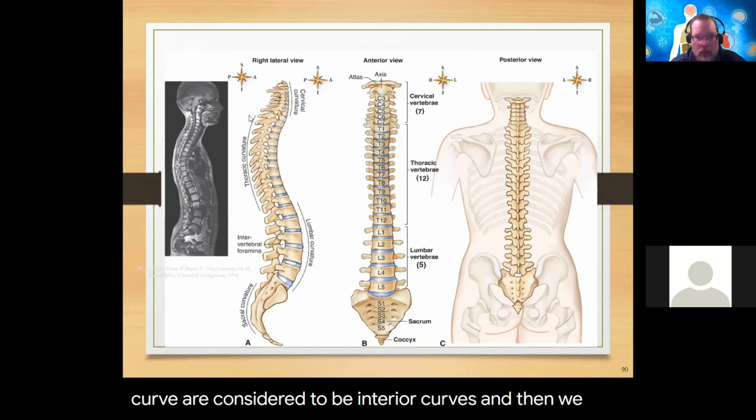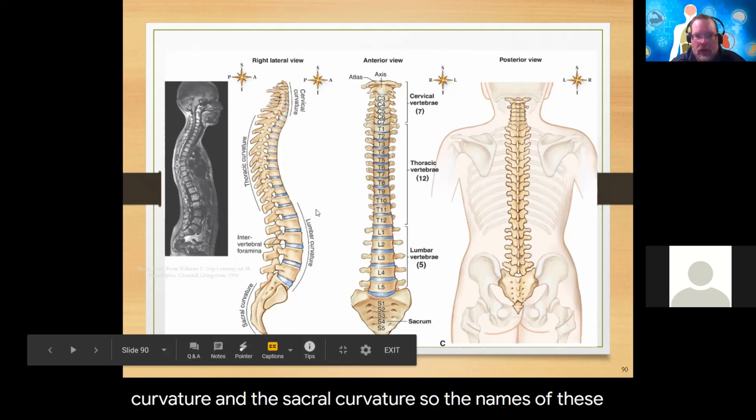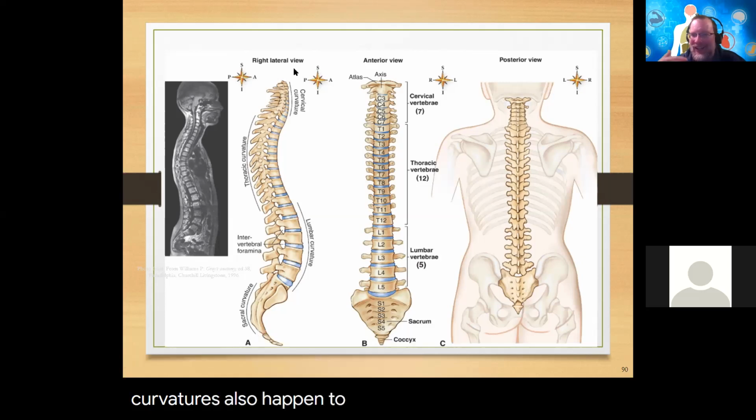And then we have a normal posterior curvature called the thoracic curvature and the sacral curvature. So the names of these curvatures also happen to tell us the names of the vertebrae involved. So as we move from that anterior cervical curvature, we now get a look at more or less an anterior or a front view, and we can see now we have 7 cervical vertebrae,